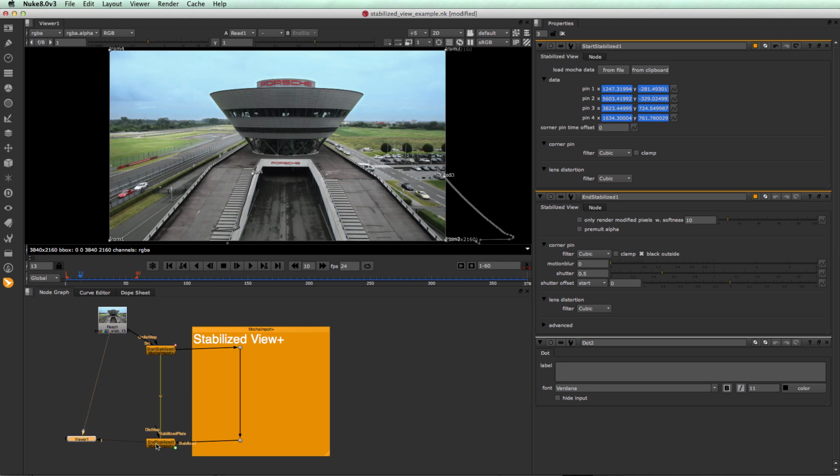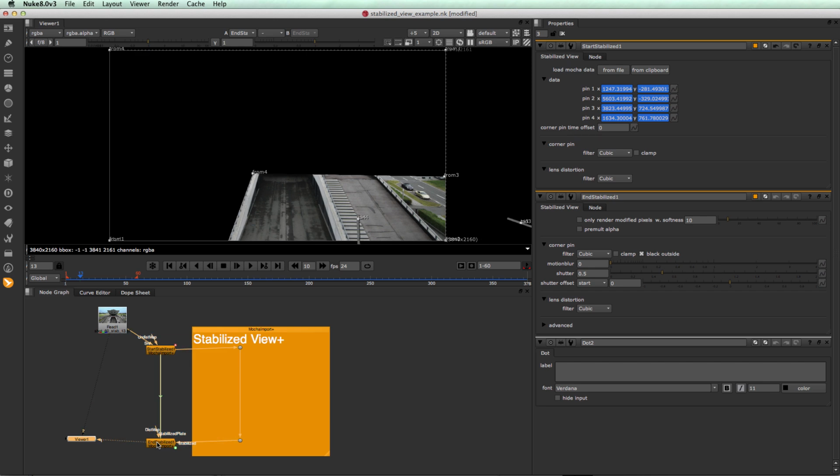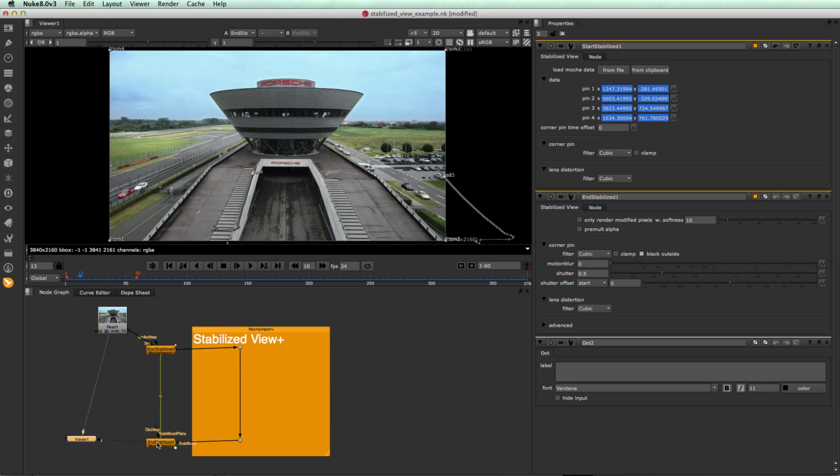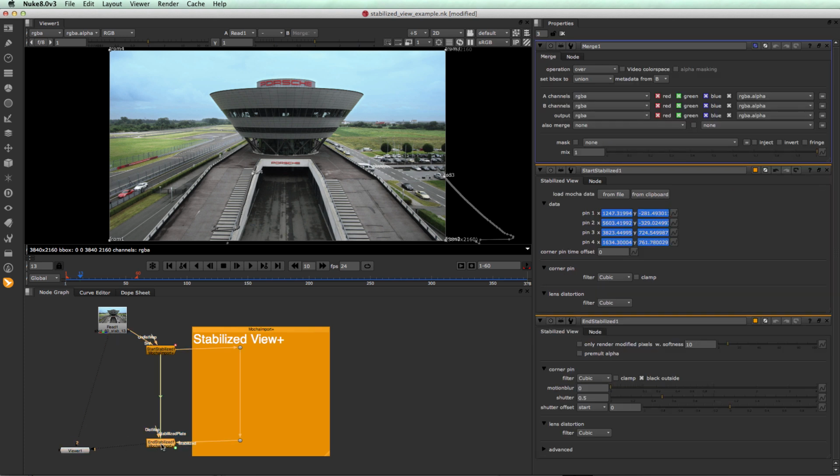This here on 2, and this here on 1. If I toggle between the two, you can see they fit perfectly, seamlessly. And this means we can now take this and stabilize it here and merge it over our background. And if you take a look at this final result, it currently looks as if nothing has